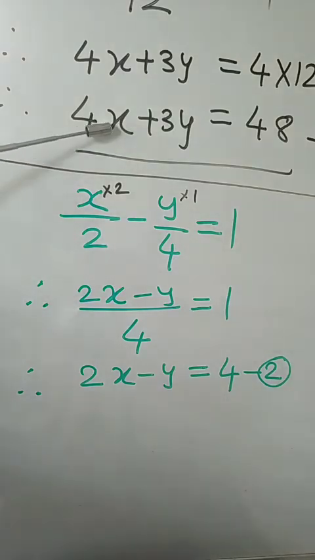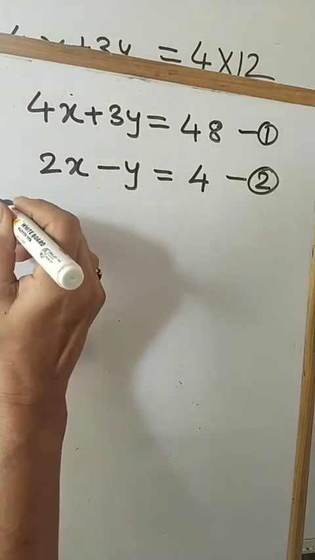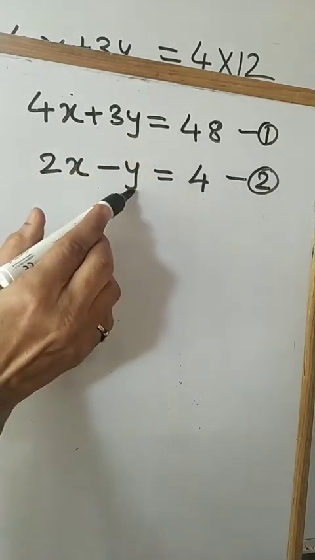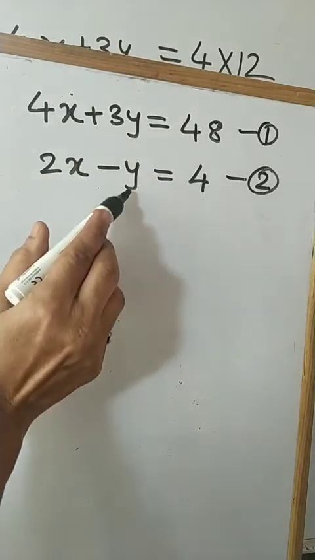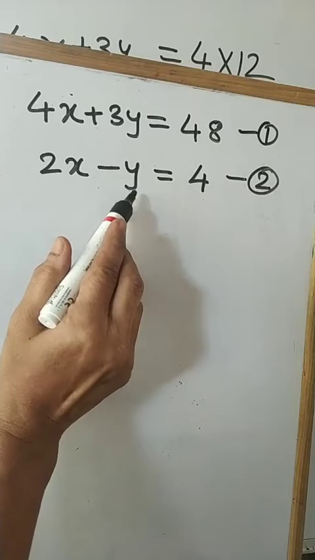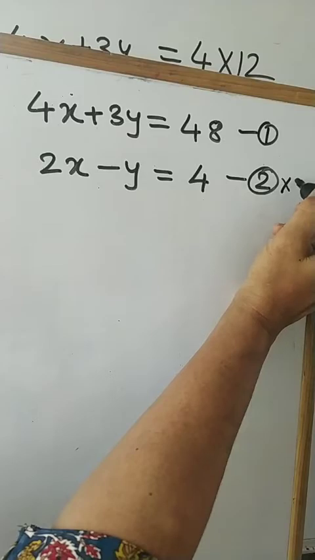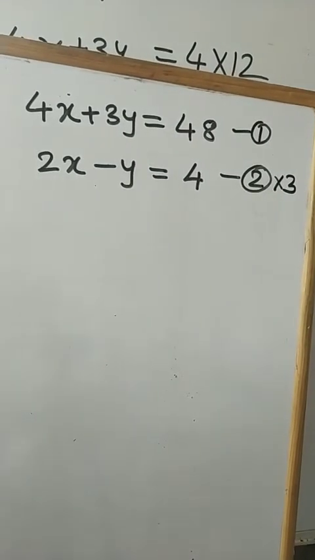Now we have to solve this equation and this equation. Let's put them together one below the other. So these are the two equations which are written one below the other. Now is there anything that can be cancelled directly? No, here there is just y. If it was 3y, then we could have cancelled plus 3y, minus 3y. If it is not 3y, we can bring 3y here by multiplying this entire equation by 3. So if you multiply the second equation by 3, what do we get?